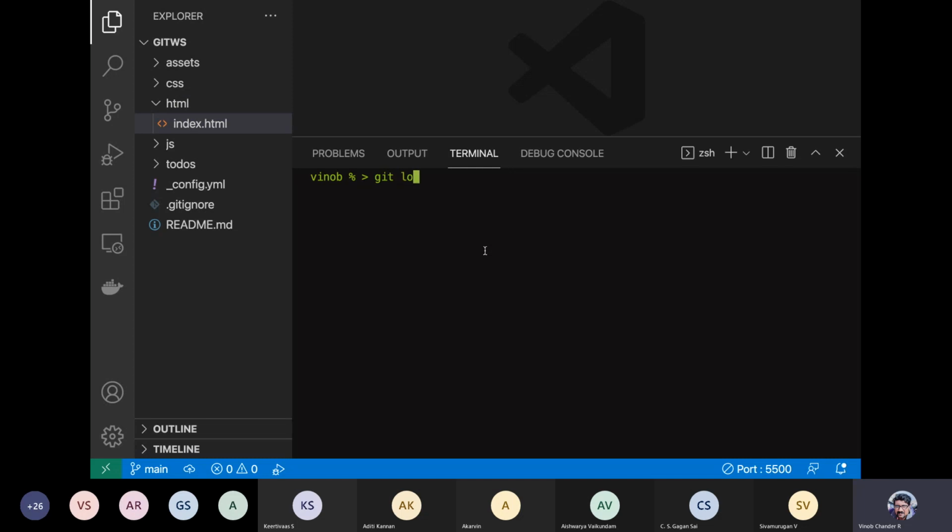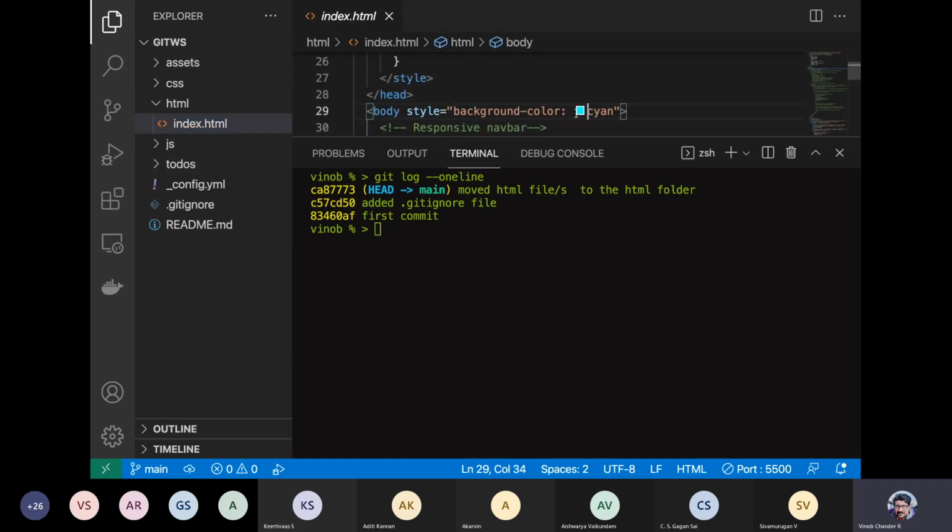Now if I do a git log --oneline, you just have the 3 commits, with your changes intact. You have just changed this, but you don't want a separate message by itself. So you have combined it or amended it to this particular message, all right?